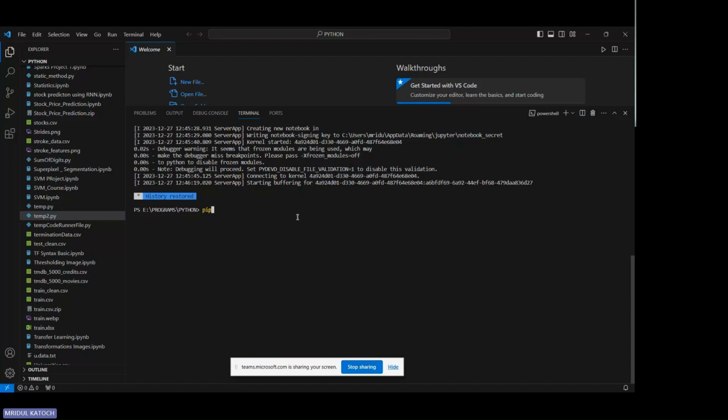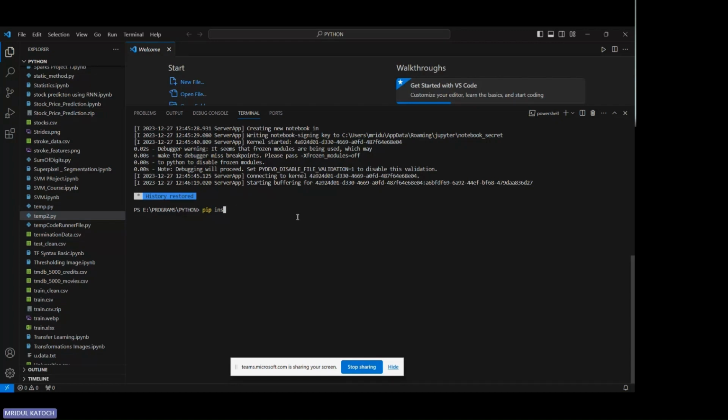Let's suppose if I want to download OpenCV, that's for the computer vision part of machine learning, you can write pip install OpenCV, and it will automatically download the OpenCV library for you. For now, we'll not be focusing on OpenCV. We'll be writing